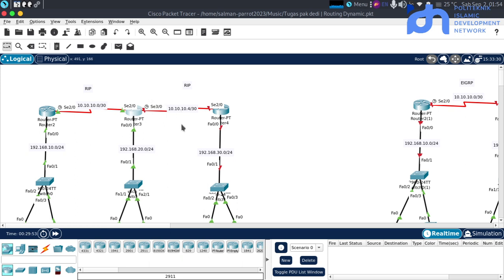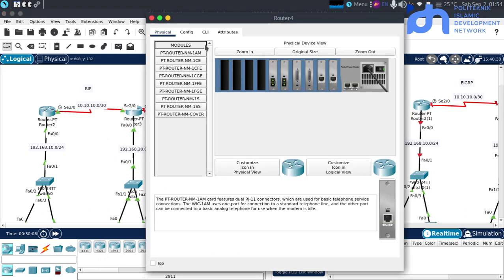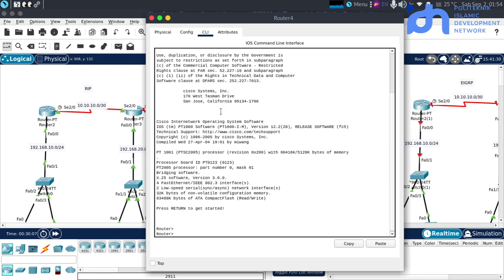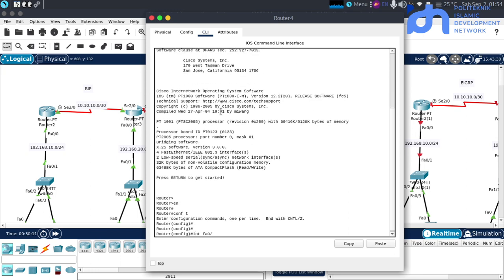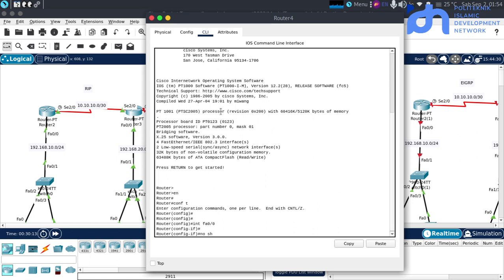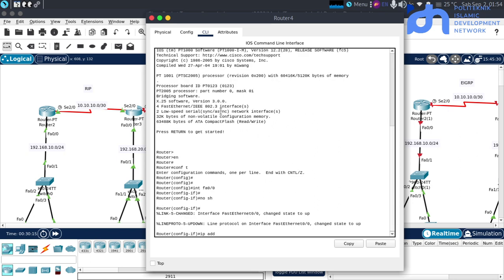This is a different network, guys, because this is size 30. So this is a different network. Okay. Configure router 3. Next, in router 3, enter the CLI, enable, configure terminal, interface FastEthernet 0/0, no shutdown, IP address